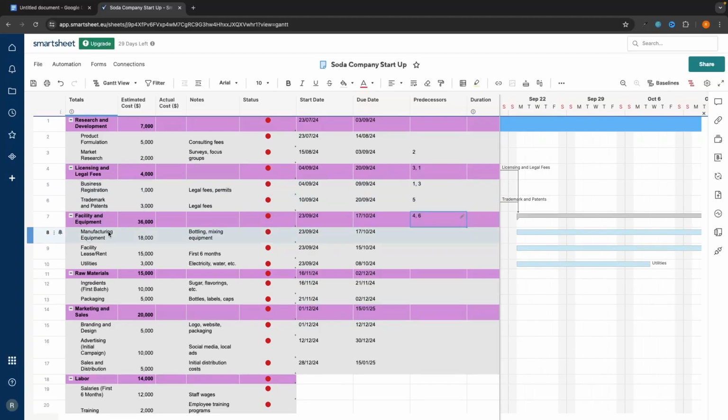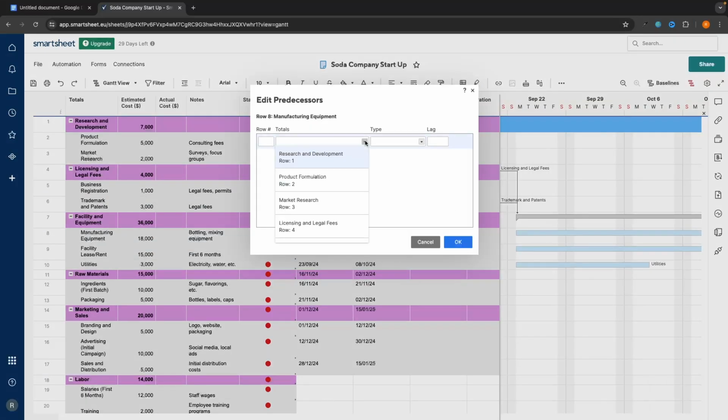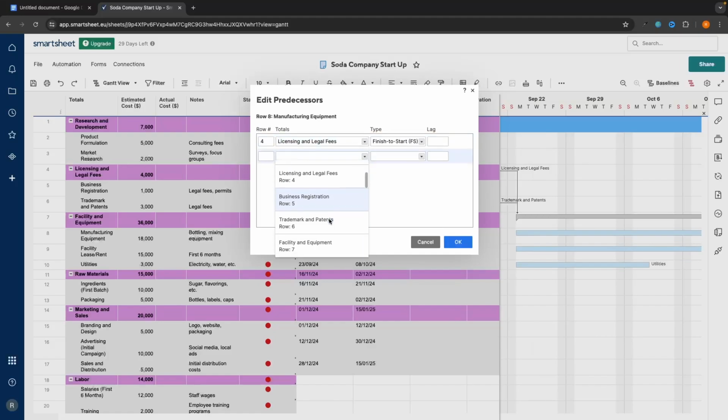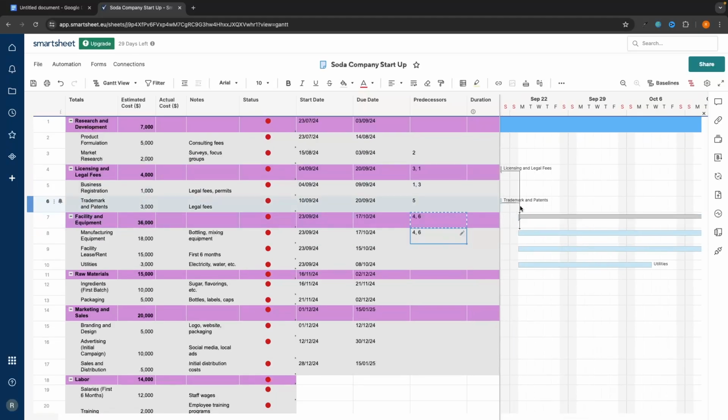So then we go to this next one, manufacturing and equipment. And then we say to start this subtask, once again, this is the first one. So we wait for licensing and legal fees and trademark and patents. So once again, we would click in. We want to go for licensing and legal fees and trademarks and patents. And as you can see, once we have finished these, it's going to start this main category and it's going